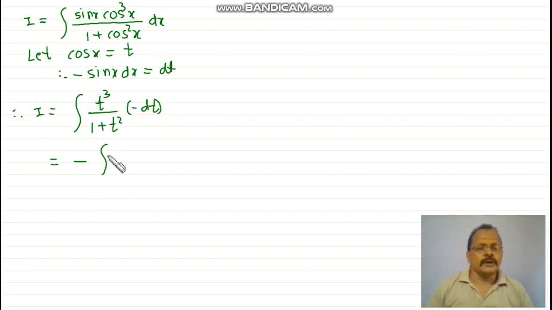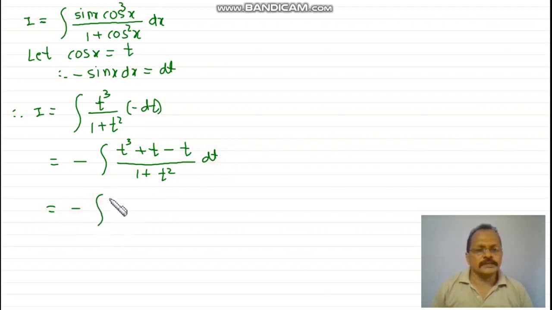Now t cube, I can write it as t cube plus t minus t divided by 1 plus t square dt, equal to minus integration t into bracket t square plus 1 upon 1 plus t square minus t upon 1 plus t square dt